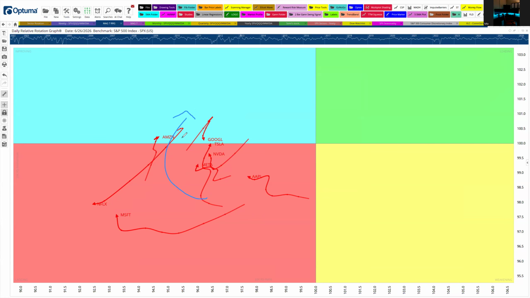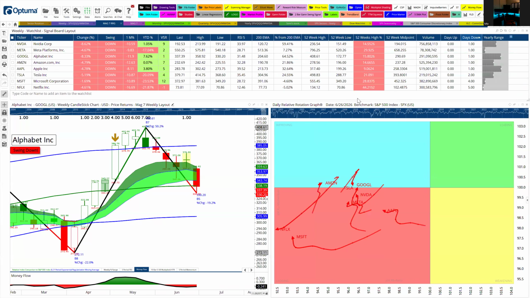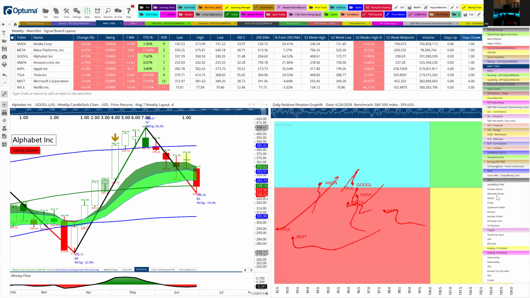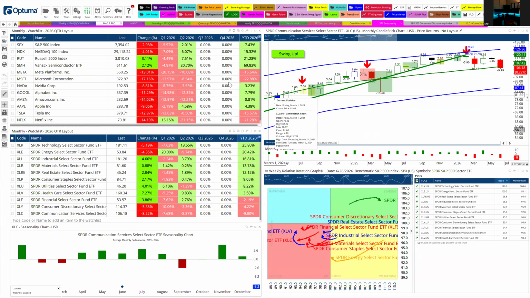Not from the daily, I'm just talking about the overall quarterly picture, which we look at here. So right now, if you look at them,